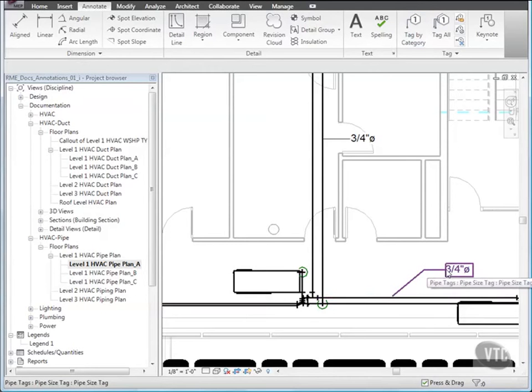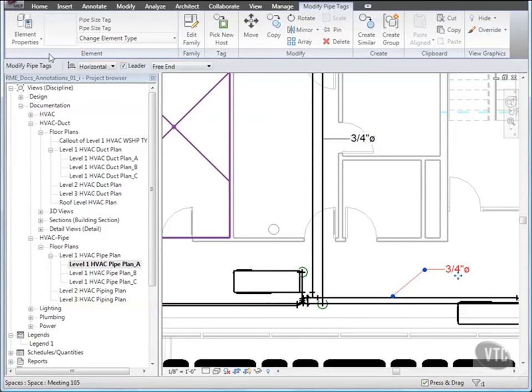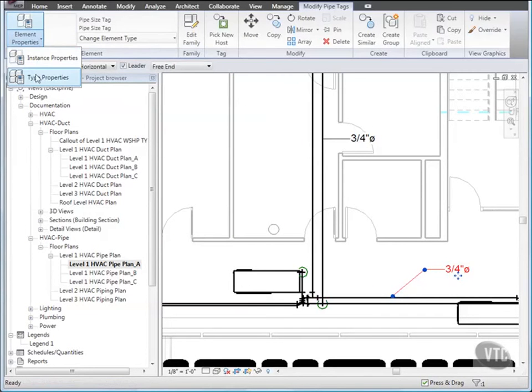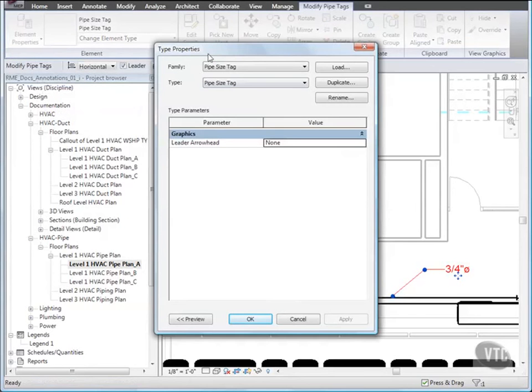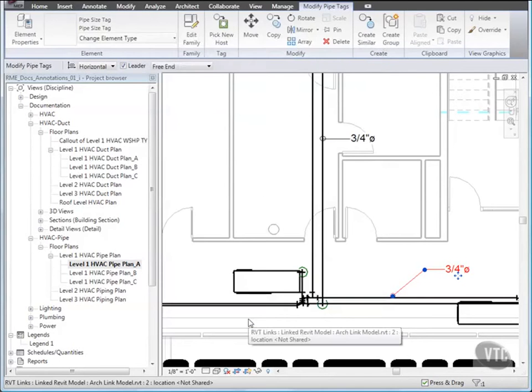Select the last tag you placed, and from the Element Properties drop-down, select Type Properties, and in the Type Properties dialog, for Leader Arrowhead, select Dot Open 16ths and click OK. Press Escape, and know that